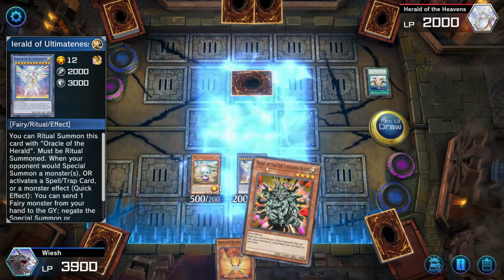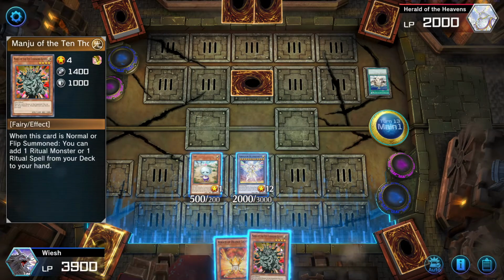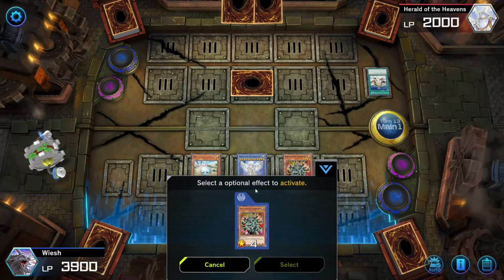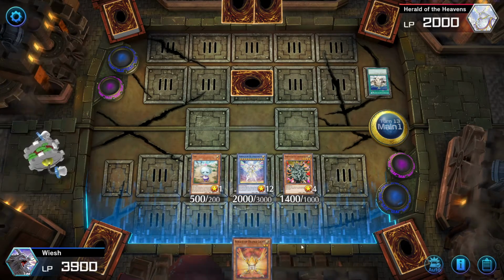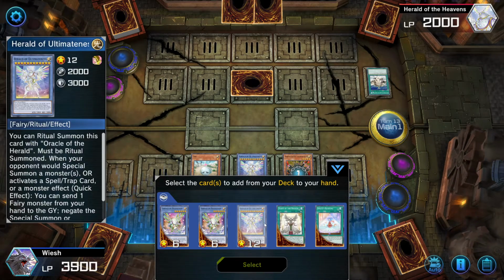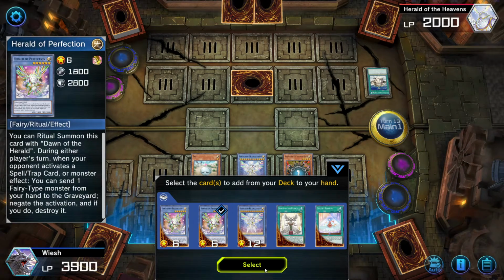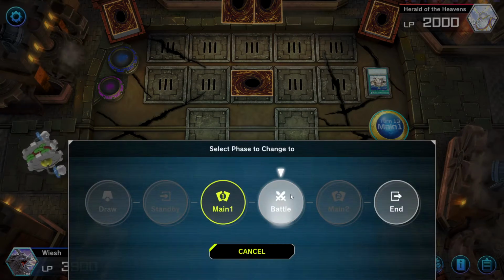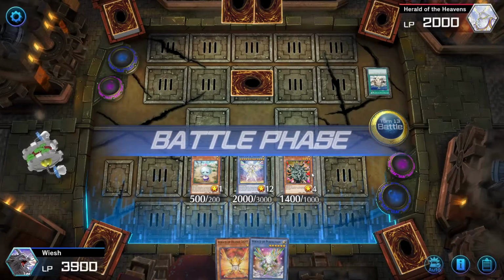And draw... Manju, not bad. Really not bad. Okay, and we add to the hand. It's not useful right now because we need 2 things, but sure. Let's add... I guess you, just to have a fairy monster in the hand for any negate, right? Okay, let's...